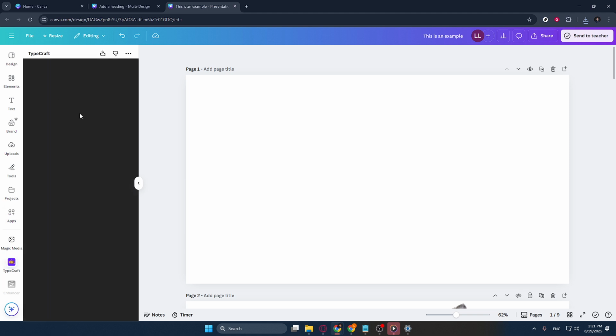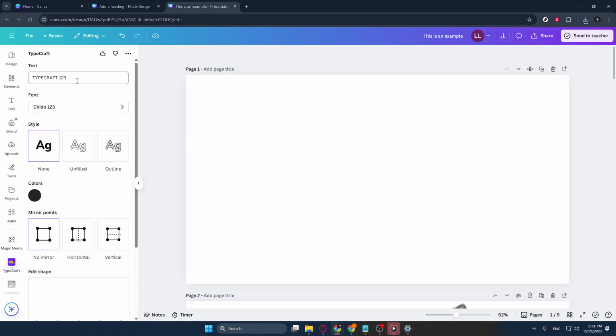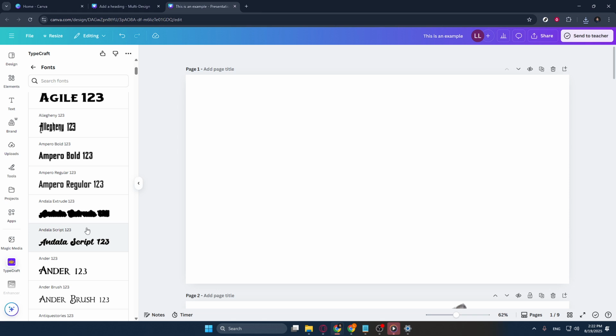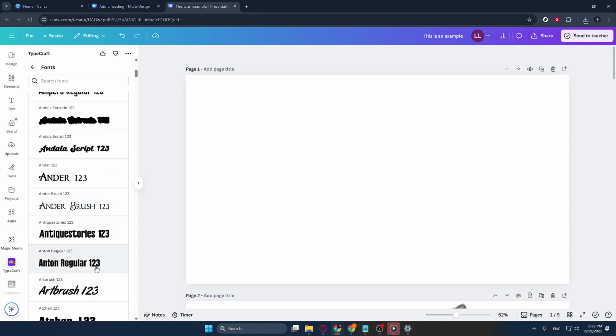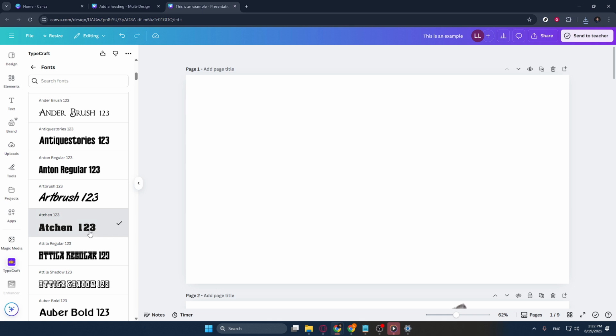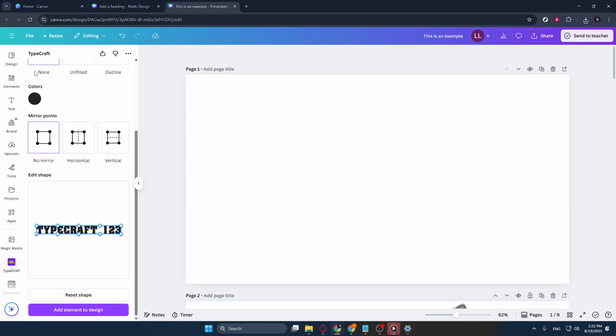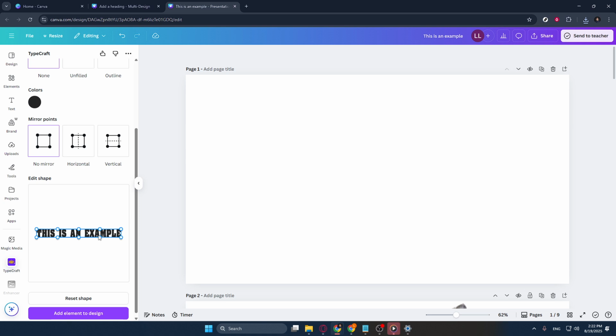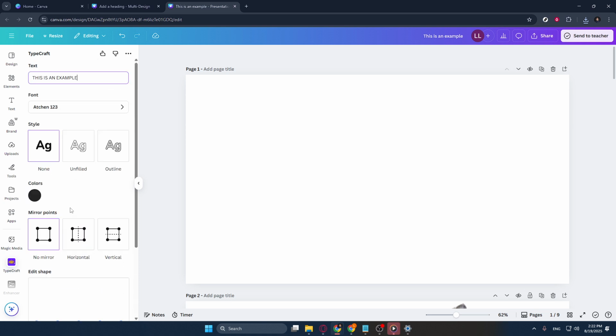With Typecraft, you have the opportunity to manipulate text styles in just a few clicks, which can be an incredible time saver, especially when working on complex designs or when you simply want your text to sway in a whimsical way. Now input the text you want to make wavy. Feel free to type whatever message or statement aligns with your design vision. Following this, you'll need to choose your desired font and style. Typecraft offers various font options, so take a moment to explore and settle on one that suits the theme and aesthetic you're aiming for. The font you choose can significantly influence the overall impact of your design, so don't hesitate